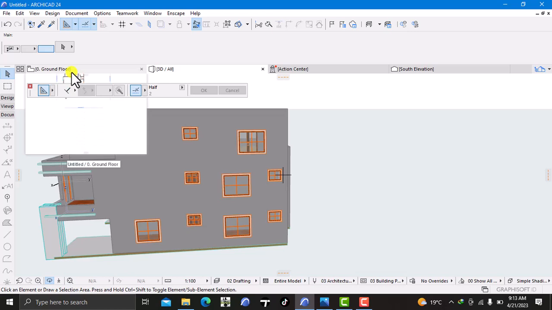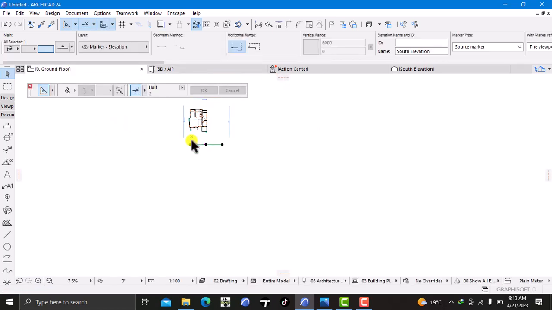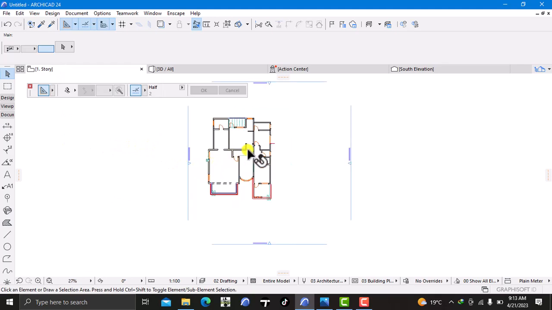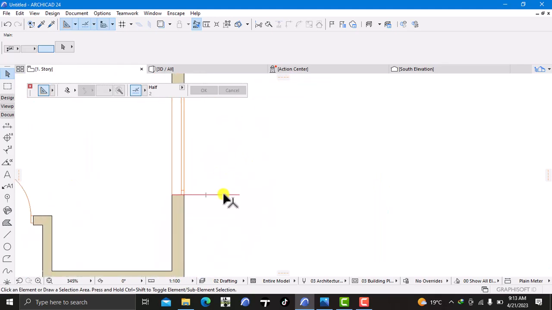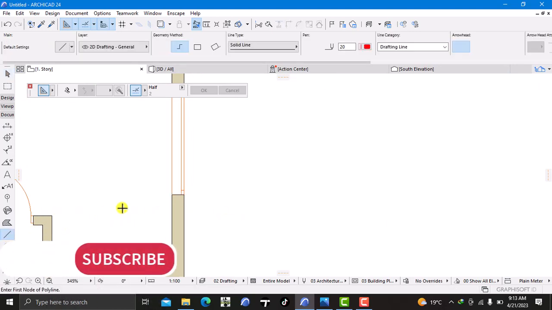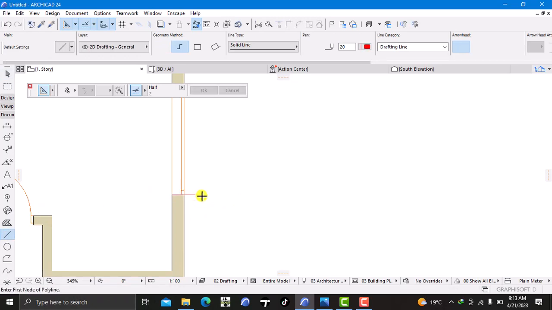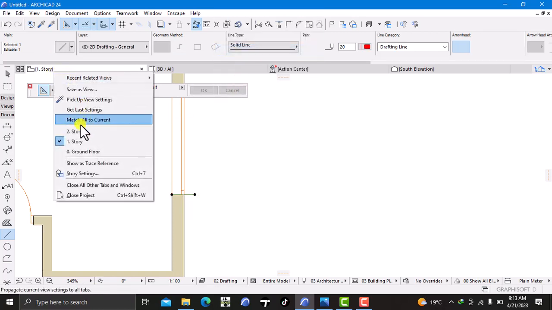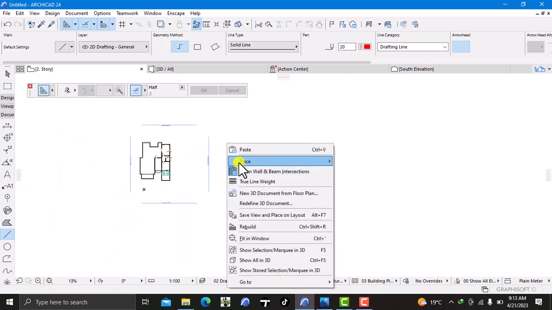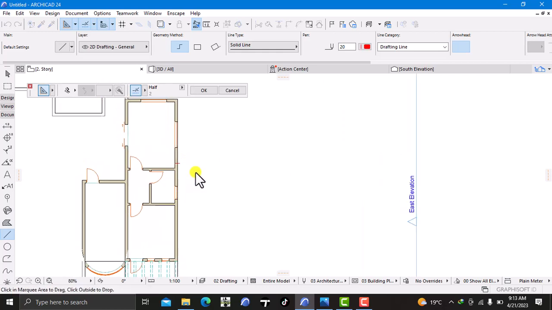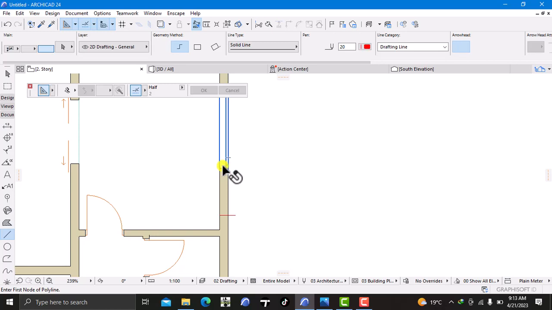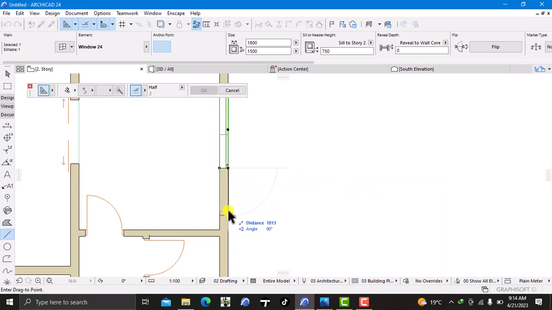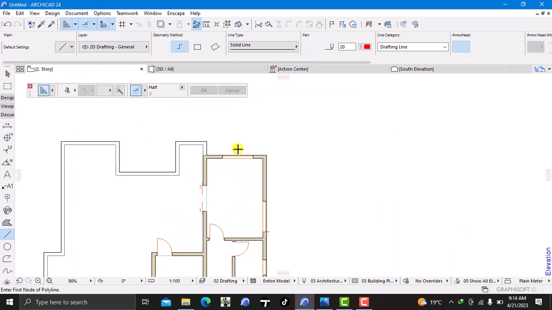So I'll go to my ground floor, just escape, go back to my first story, not even the ground floor. I've drawn this line over here, so I'll delete this. I'll use this line tool over here, set the boundary where this window starts, and then right click and just basically copy that, and then go to my second story, zoom out, and then right click and just paste. So you have this line, the line will appear at this point. So what I should do, I should drag this window, move, drag, just basically drag it from this point so that it can begin right over there, and then I can go to 3D,